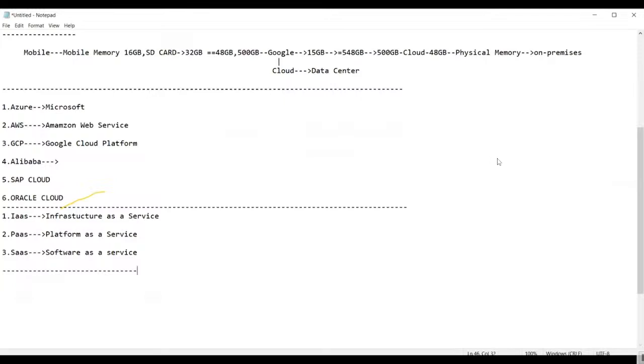Getting my point? So now the entire cloud service is classified or built according to these categories: IaaS, PaaS, and SaaS. Infrastructure as a service means what, guys? Suppose just now we have discussed that you require 500 GB of data to be stored. That means you require space on the cloud to store the 500 GB data. Am I right? How much storage you require? 500 GB or 1000